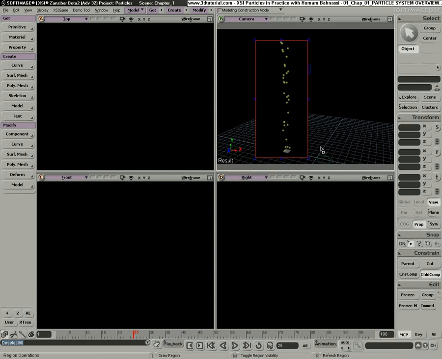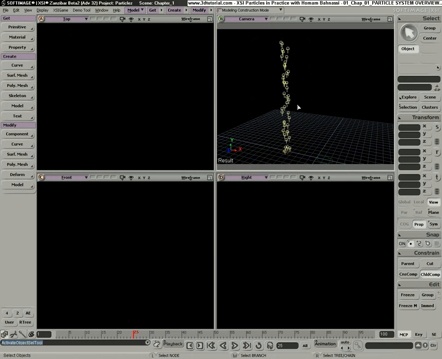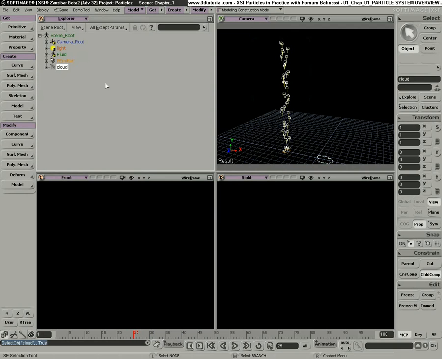If we take a look now at a standard particle system in XSI and view its components in the Explorer, we will notice that it consists of two objects, the emitter object, which is a standard geometry object, and the cloud object, which is a special container object. Now under each of these, there are a bunch of properties and operators that are used to control the particle